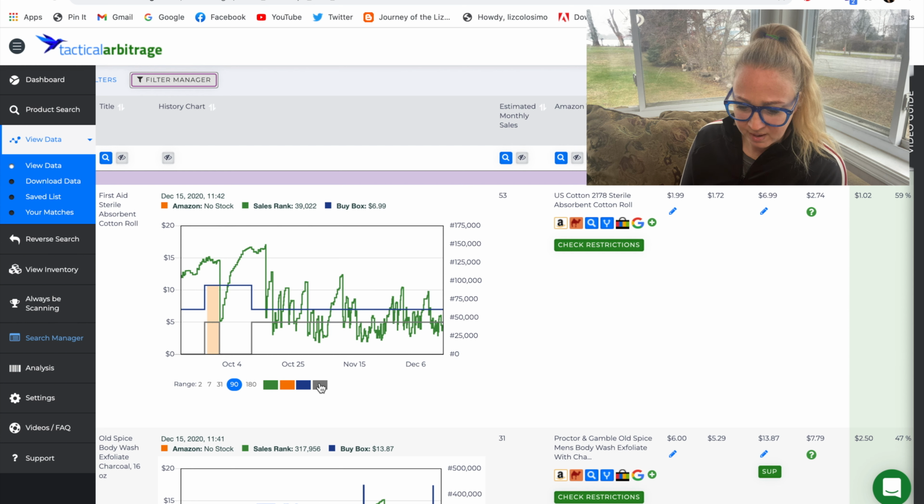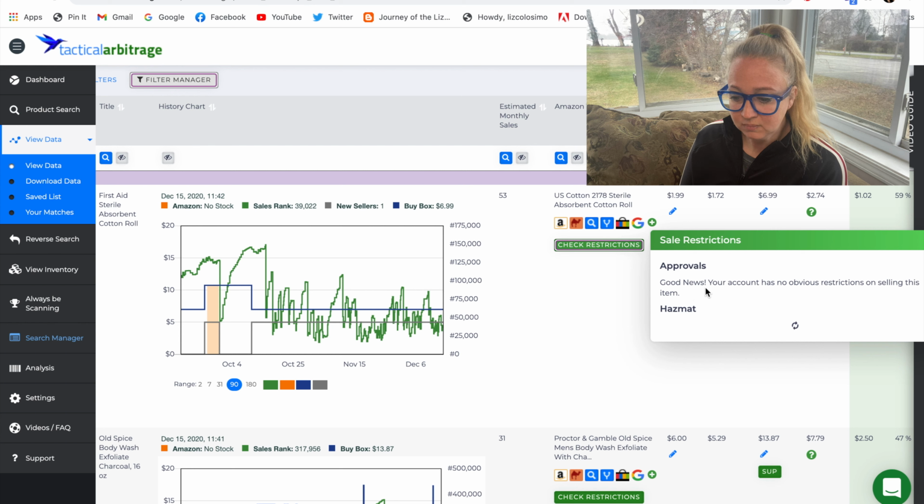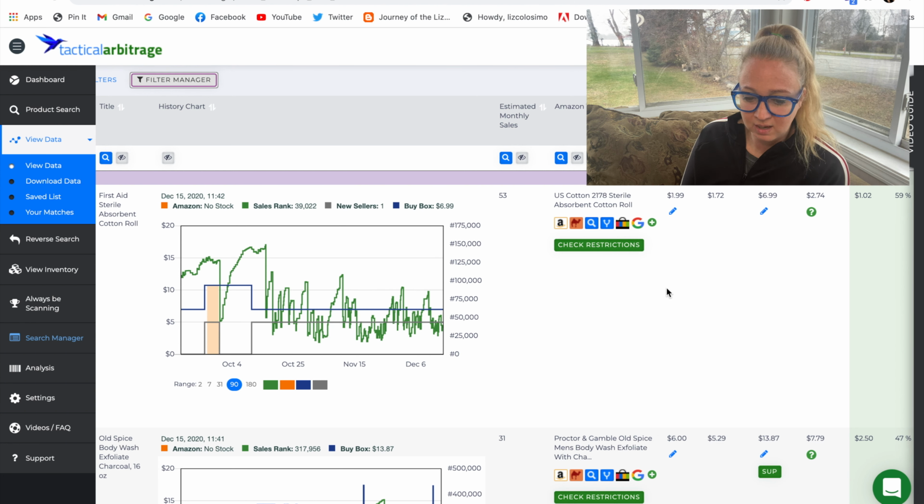And if you click in this gray box, it'll tell you how many sellers. So on this item, there is only one seller on the listing. You only make $1.02, but if you could pick up even 50% of those sales, if there's only 2 sellers, well, that's $25 a month, right? For not much investment. So let's see, we'll check restrictions. So great news, your account has no obvious restrictions on selling this item, and it is not hazmat or dangerous goods. So it's not hugely profitable, but what I would do next in this case is,